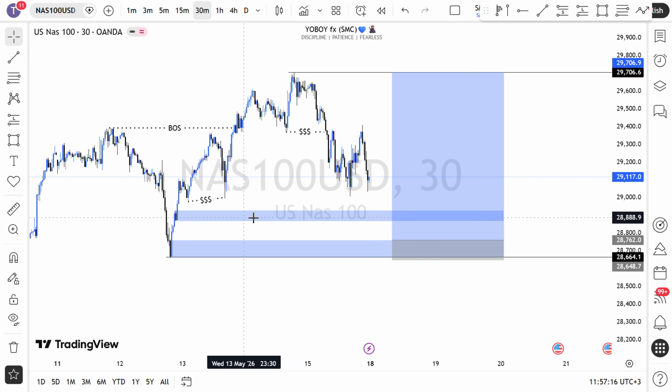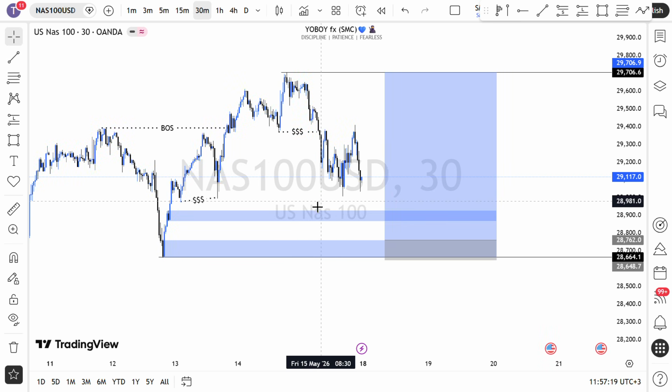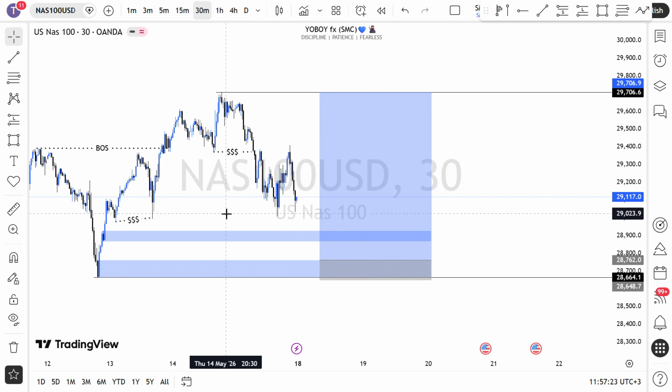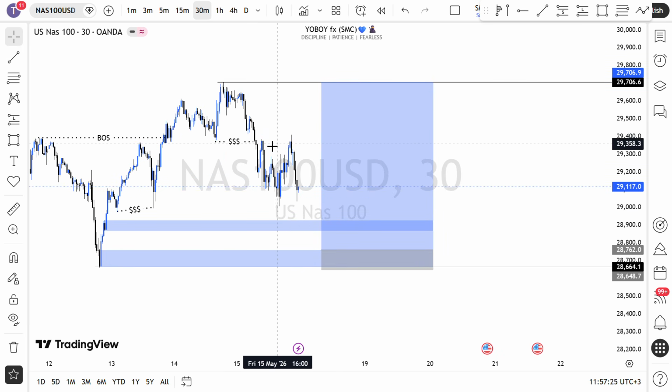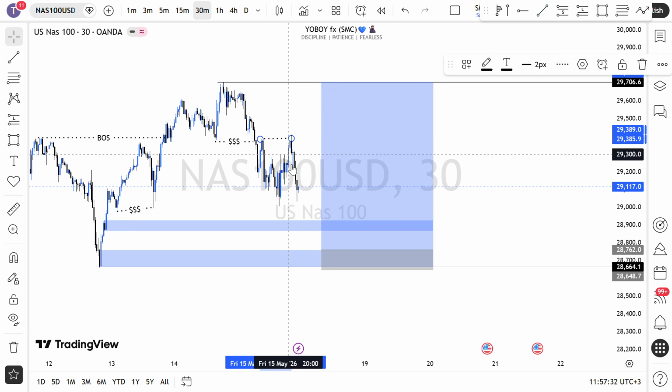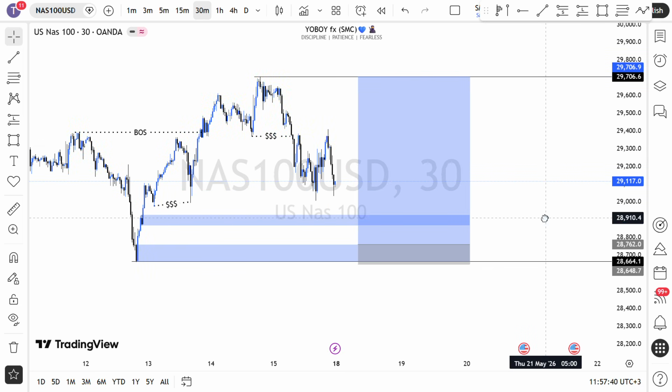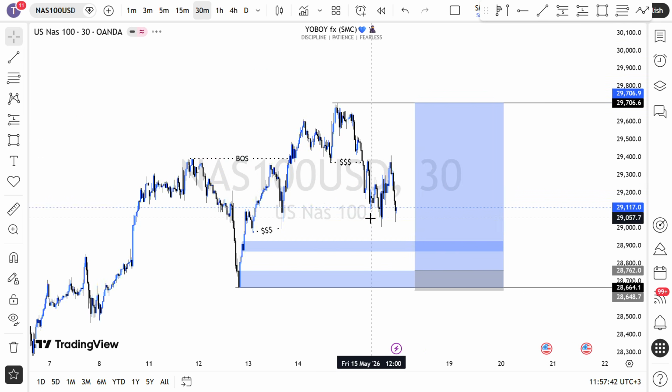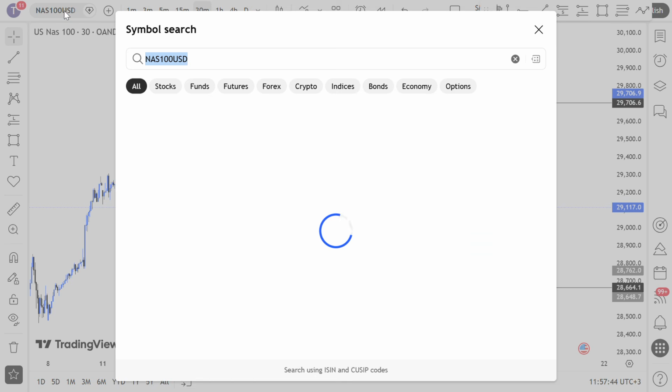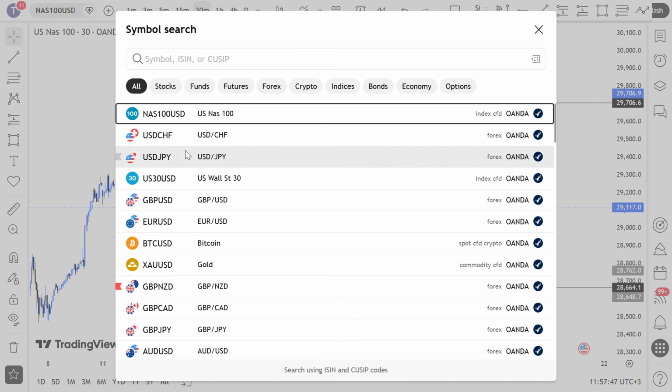So if price will be reacting from this area, you will maybe see the market forming a change of character. As of now, we have this as the strong high. Once we have this sweep of liquidity here, where the market took out this high's liquidity, once we have a breakdown here and then we see this high being cleared out, that will be the change of character. So as of now, this is the NAS 100 setup. I'll be updating you guys on anything that happens in the market.